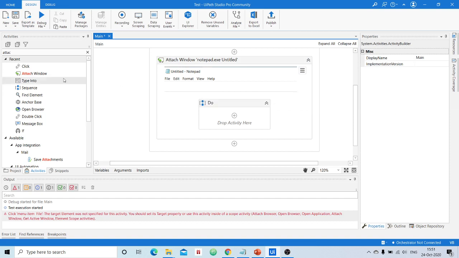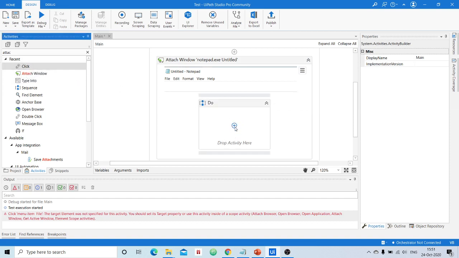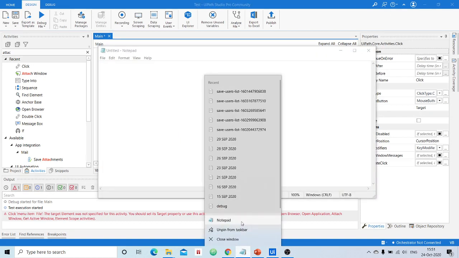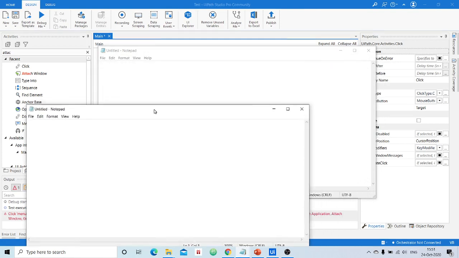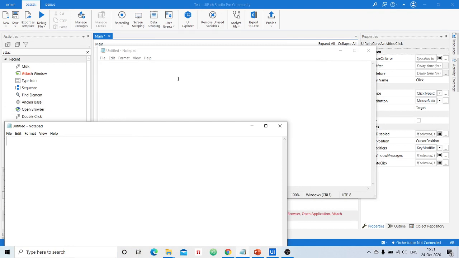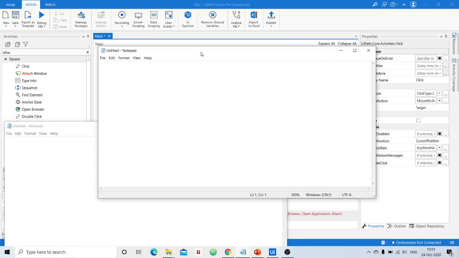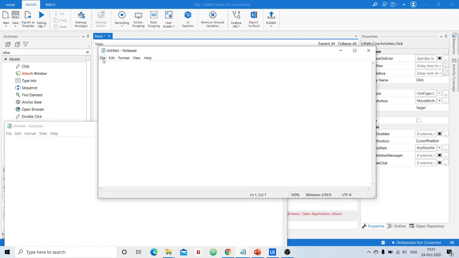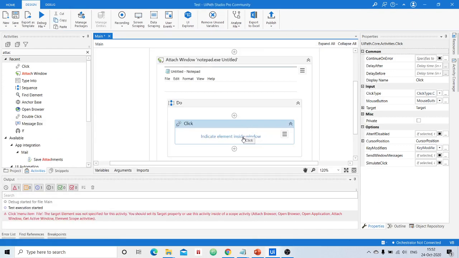Okay, one more simplest example I would like to show you with this. To demonstrate that, I will take one more notepad application. Now can you see here? In order to differentiate, I will keep this notepad application as the lower one and this is the upper one. Now we have given an instruction to the robot to use this notepad application, not this notepad application, right? Now let us see whether it will click this file option or this file option. So this example I think will give better clarity for you.